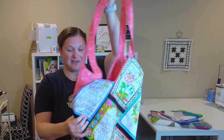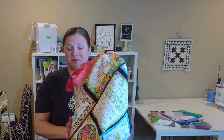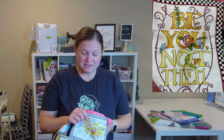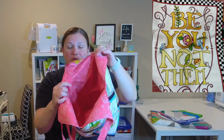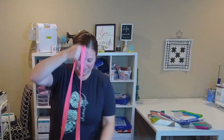way it wraps around. And you can see the fabric that they chose for the subscription box is these motto panels, and I think it was a perfect idea for this type of bag. It is so cute, and the inside of it comes together the same way, so you could totally use this as a reversible tote. I did cut my straps incredibly long,